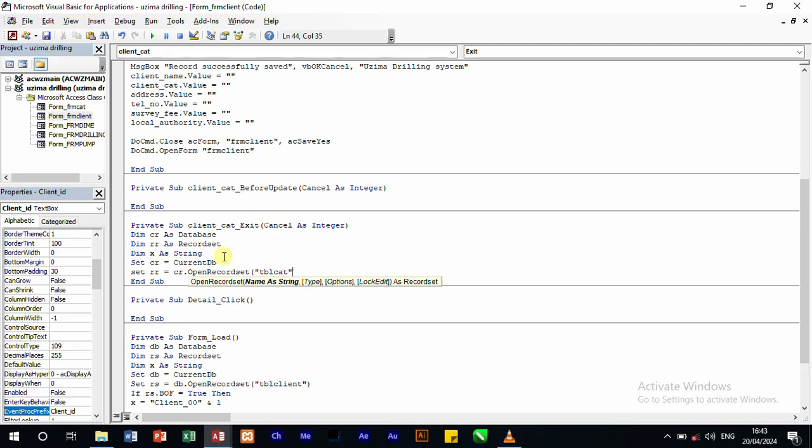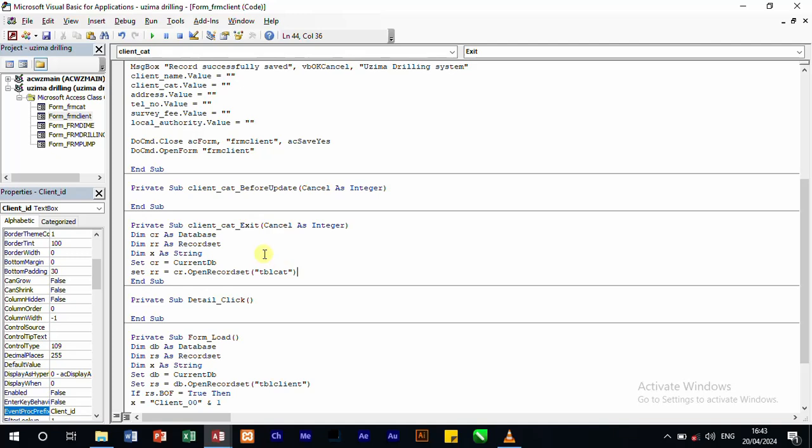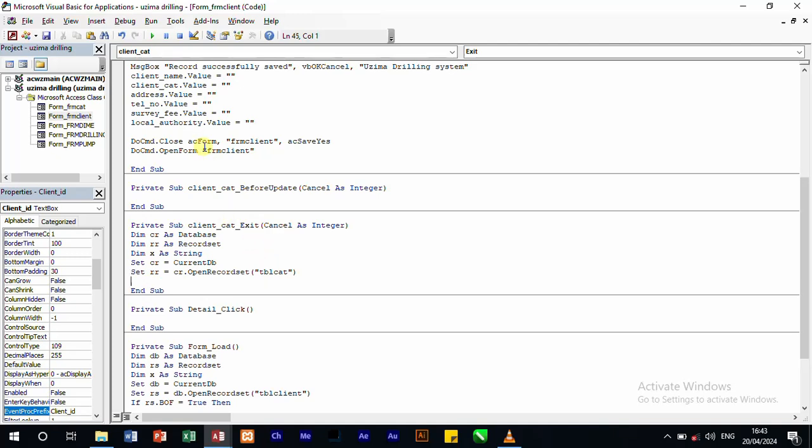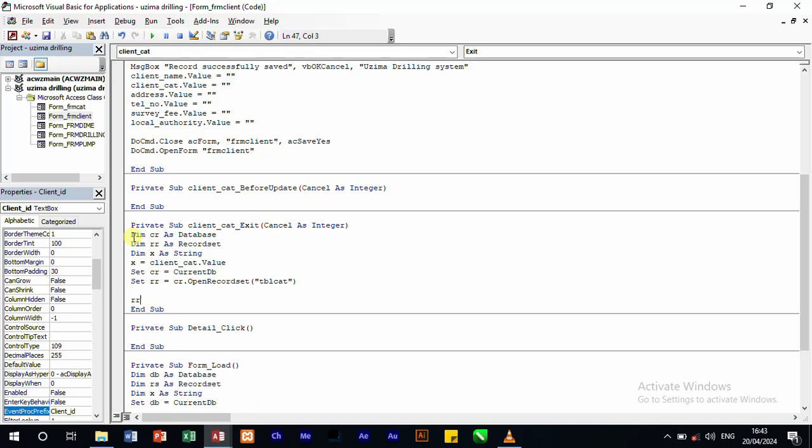So you'll find that we are opening two tables in this form. Then from there we are going to assign our X equal to what we have, client cat dot value, because we want the value in our combo box. And then after opening, we are going to assign our index dot index, because we want to get the primary key for that, is equal to